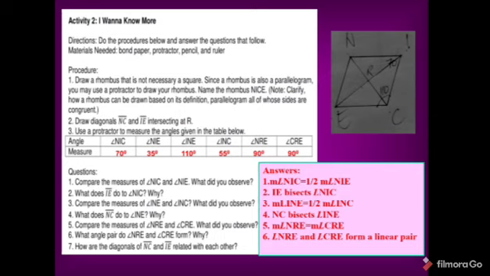How are the diagonals NC and segment EA related to each other? You're correct. Segment NC is perpendicular to segment IE. Congratulations! Let's now have the definitions. But before that, I'm going to show you a diagram